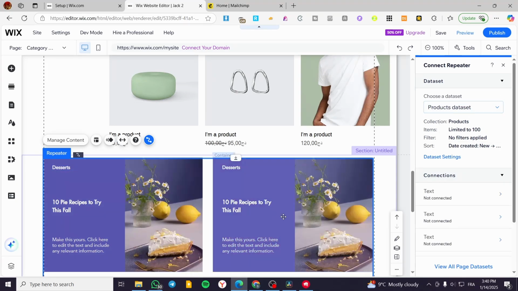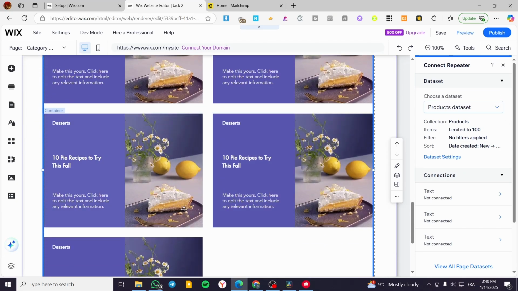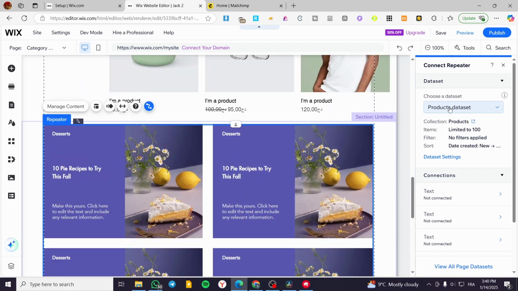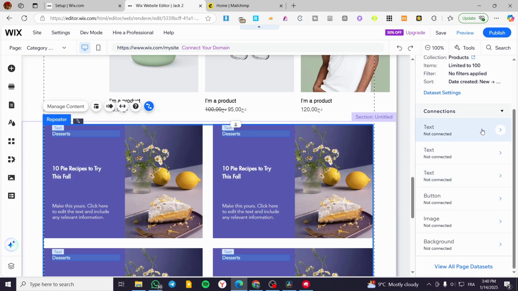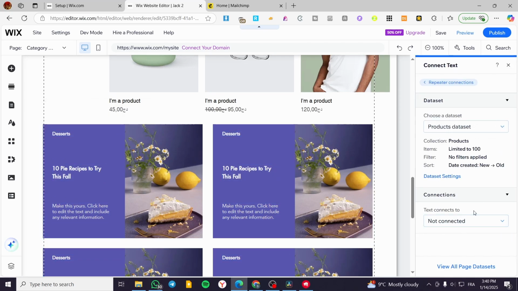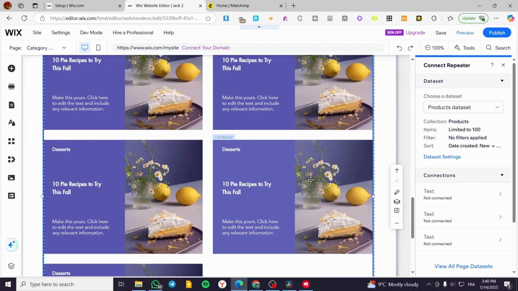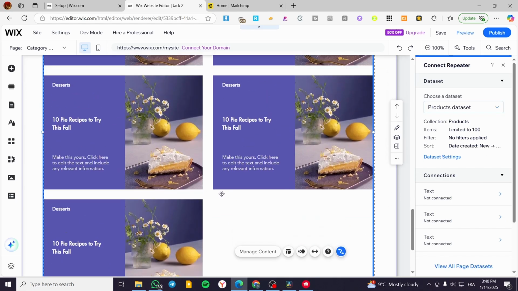And based on that, it will show up here normally, the products. So as you can see here, we have them. So we can go ahead and set up the connection for the text. These are going to be the connections. So we are going to set up everything. And let's say that these are going to be here